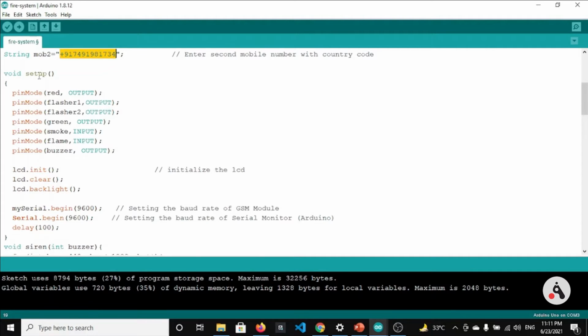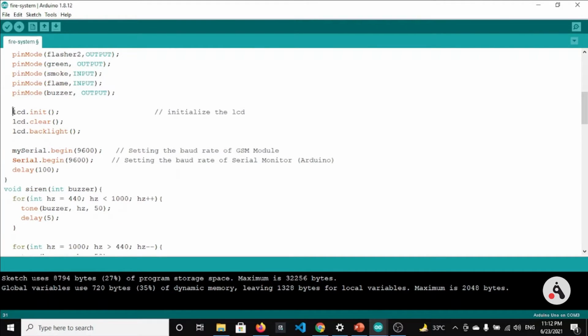So our code starts from the setup method, in which we have defined the pins as output or input according to their usage. Red and green are the status LEDs, and they act as outputs, and these two are inputs. Basically, the smoke sensor and flame sensor act as inputs.